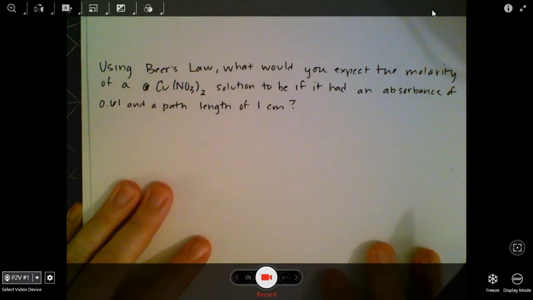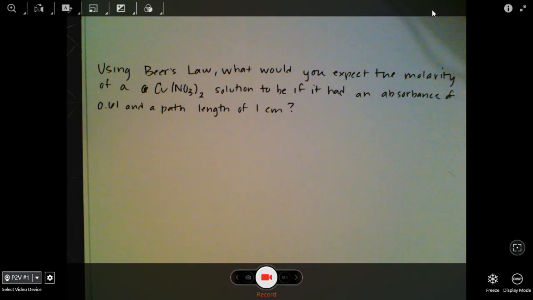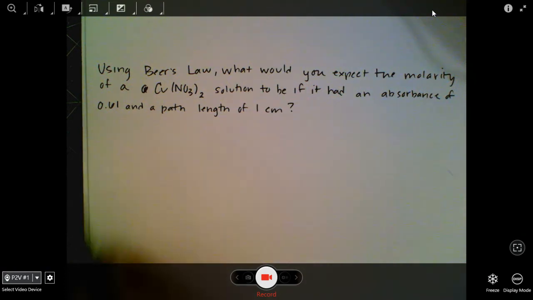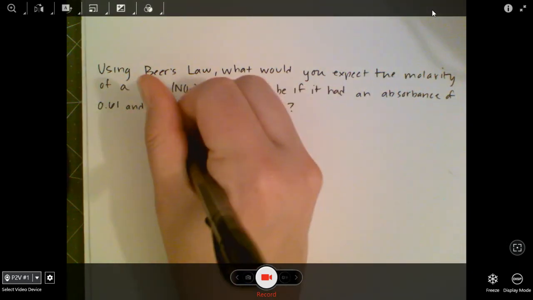All right, so here is our second question. Using Beer's law, what would you expect the molarity of a copper nitrate solution to be if it had an absorbance of 0.61 and a path length of 1 centimeter? So Beer's law